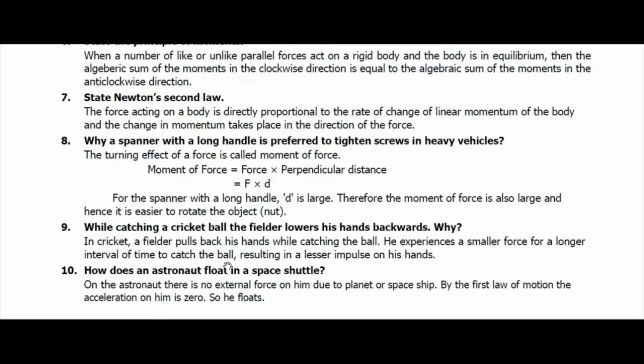Tenth question. How does an astronaut float in a space shuttle? The answer: on the astronaut, there is no external force due to the planet or spaceship. By the first law of motion, the acceleration on him is